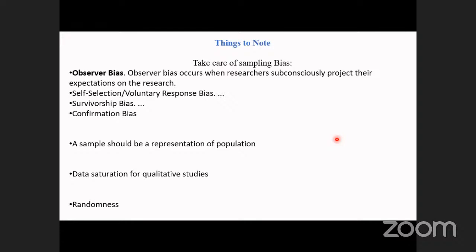Now, without any question again, how can we handle noise? Our sample, I mean the bias and the noise, our sample should be what? A representation of the population. We should take care of data saturation, those are some ways, and randomness. Randomness simply means, especially with data collection,